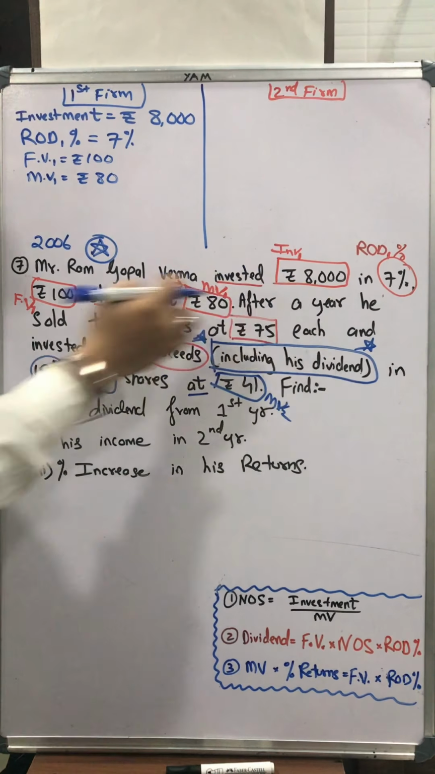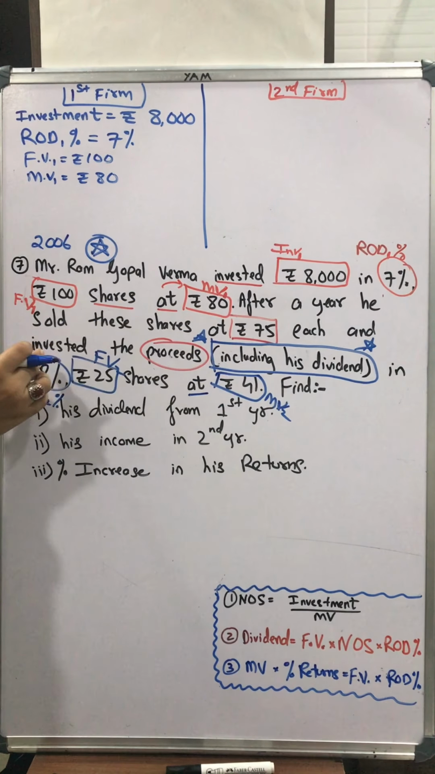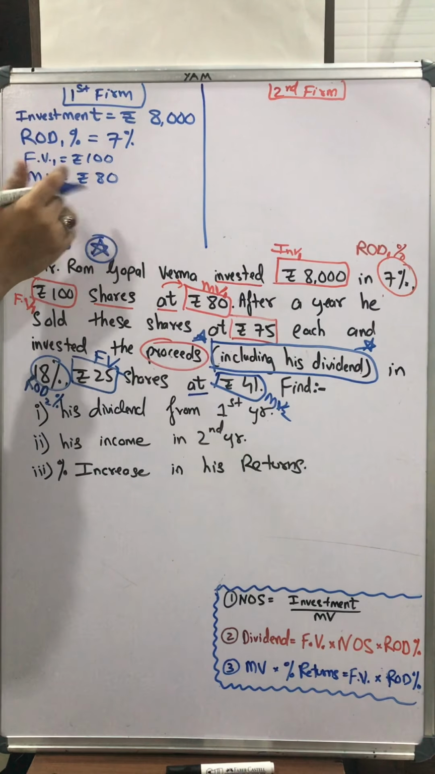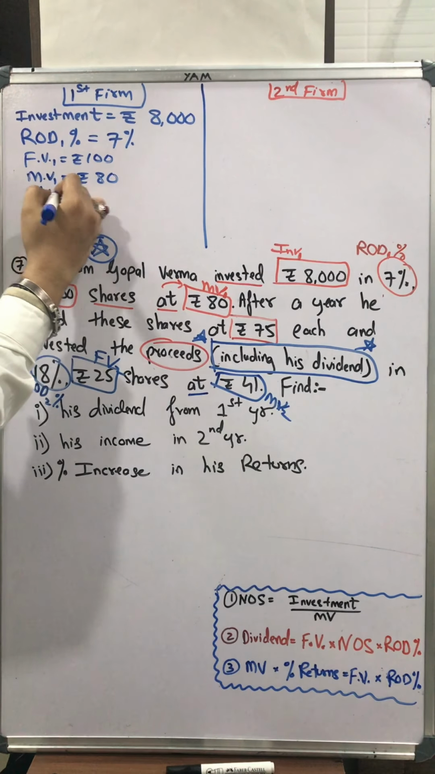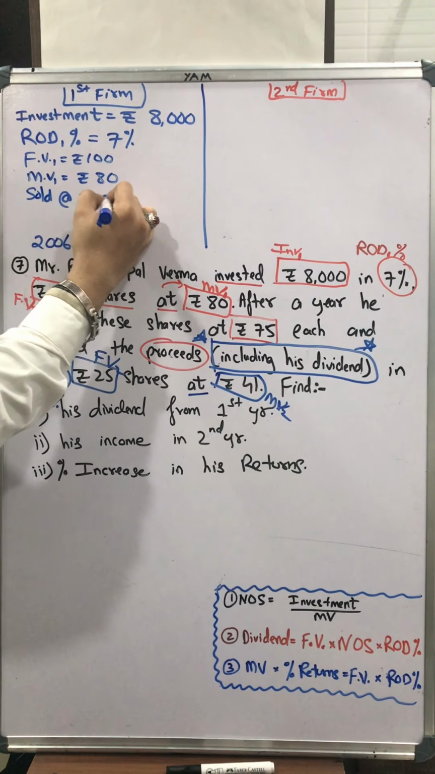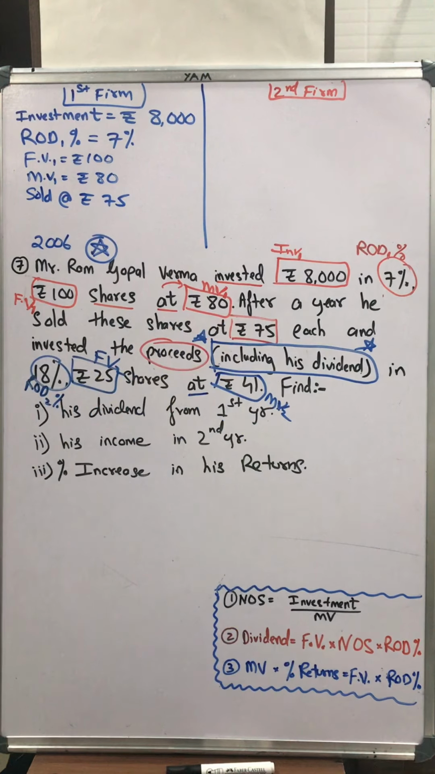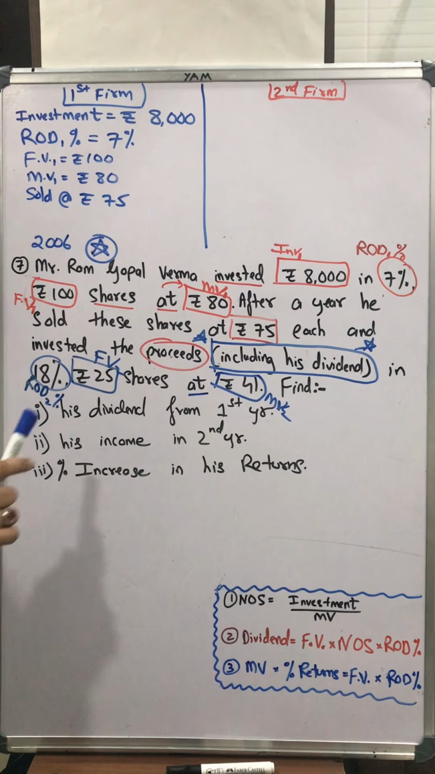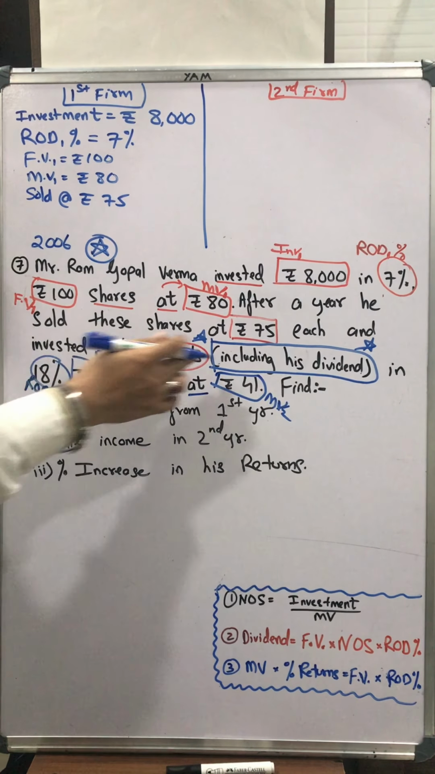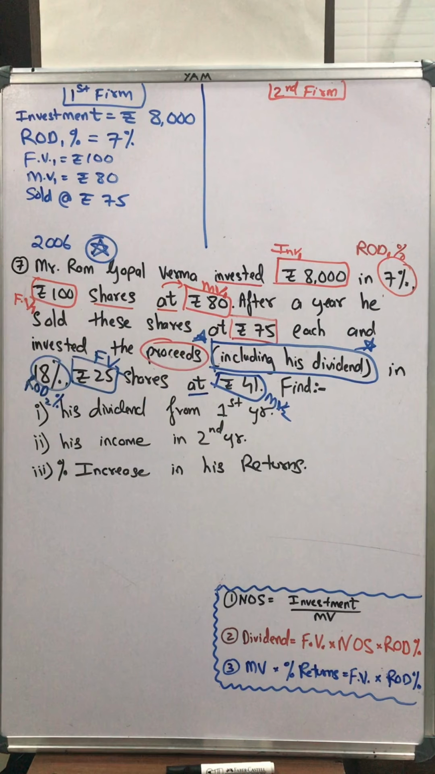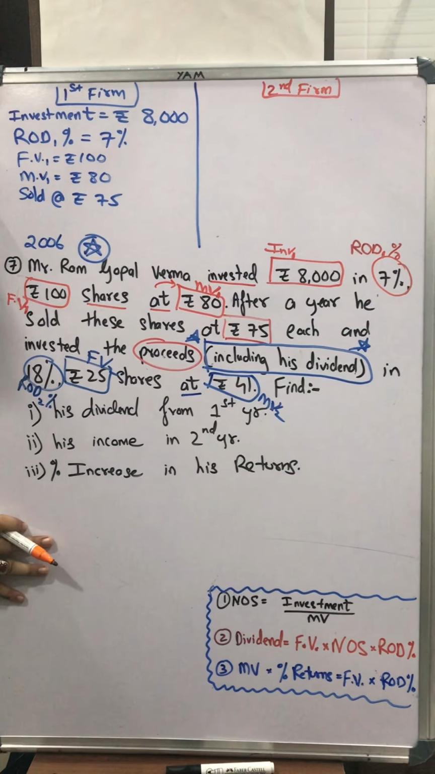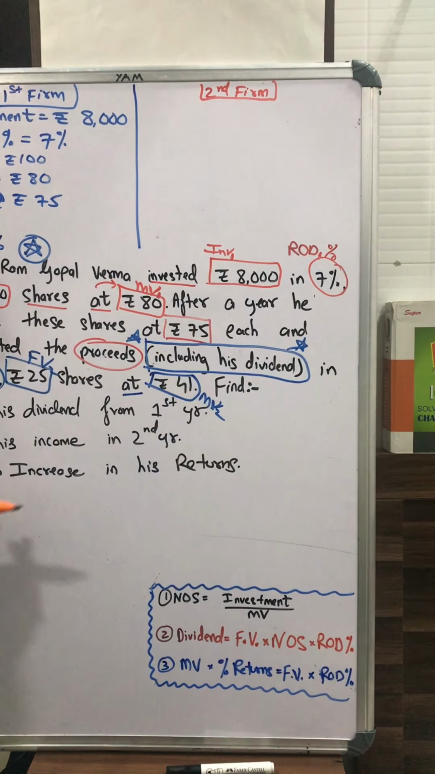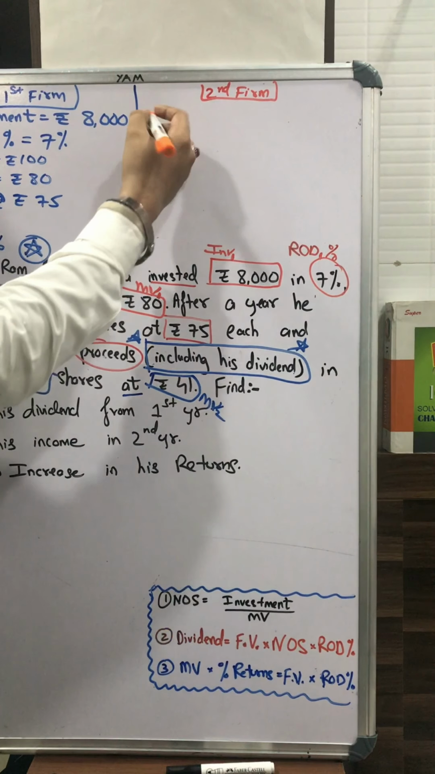After a year, he sold these shares at rupees 75. So he sold the shares of the first firm, sold at rupees 75 each, and invested the proceeds. Invested the proceeds. यहाँ पे proceeds का मतलब क्या? This bracket is important as I explained to you. So over here, I'll say investment